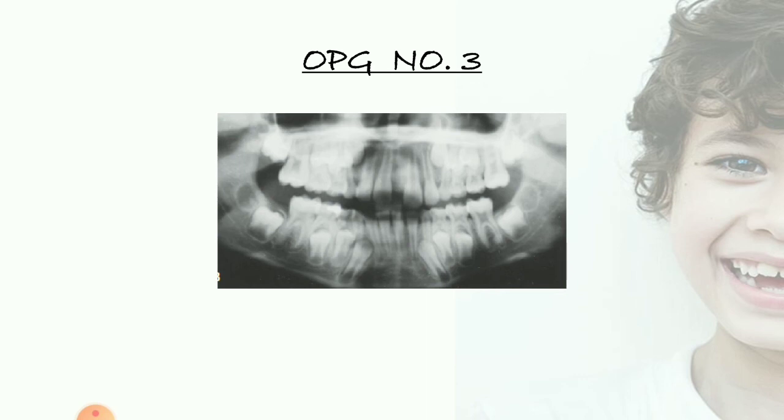Moving on to the third OPG. In this OPG, we can again see that we have mandibular first molars erupted. Then we have all 4 mandibular incisors, that is central and lateral, which have erupted into the oral cavity. Similarly, we have maxillary incisors also erupted, central and lateral incisor. Now focusing on the mandibular teeth, we can judge that around 1/3 of the root development has occurred with respect to the mandibular canine and mandibular premolars of both sides. We also have maxillary lateral incisors already erupted. So the age has already crossed around 8 years.